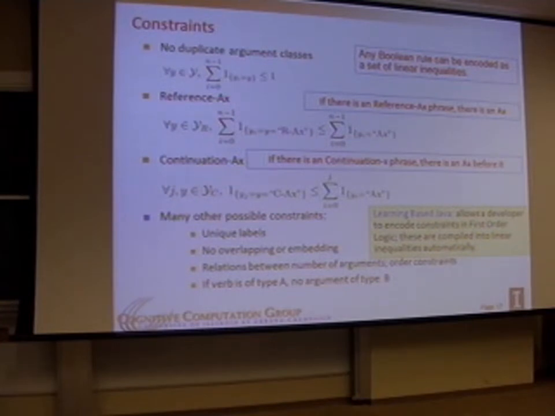Question? Yeah, so is there any Java in the constraint language? Or you just call it from Java? We call it from Java, and we translate it, we compile it into Java, actually. So you write your code in Learning-Based Java, and it compiles it to Java. And the Java code is going to generate Gurobi constraints or something? Yes. Gurobi or we interface either with Gurobi or Xpress-MP, and we generate the instance of the ILP solver.